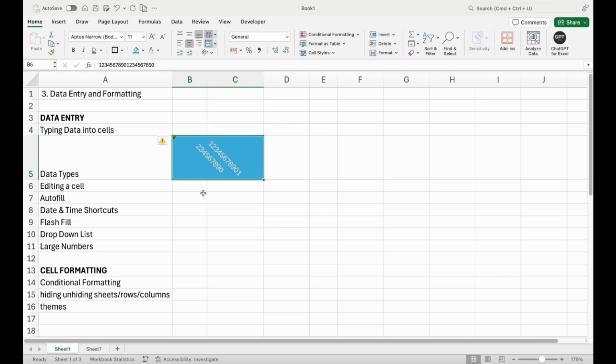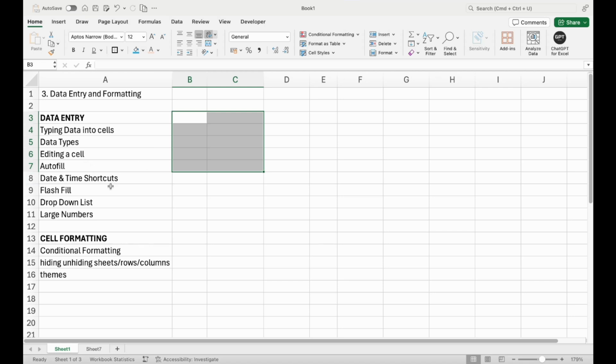Let's go to the next one, which is this. Let me remove this. Unmerge, and then control T, and you get this, and I double click here and make it look normal again. Okay, so let's talk about some of the number formatting. Let's say I have